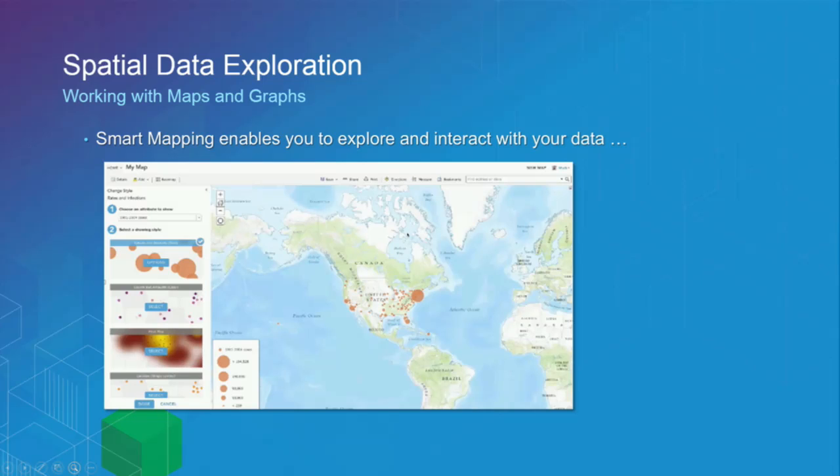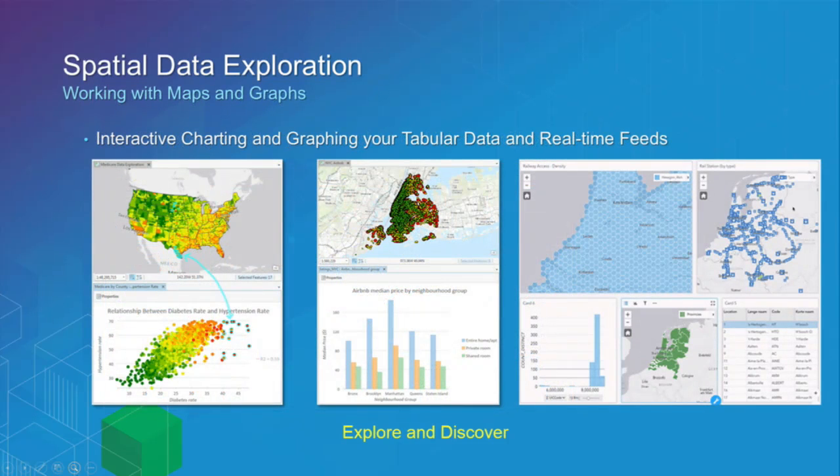We want to explore the data, explore the distribution of information. That's where smart mapping plays a key role, this idea of becoming a data scientist and being intensely curious about the problems you're trying to address and the insights you're trying to gain. So that idea that smart mapping enables you to explore and interact with your data is really a very key point. And maps are very interesting because they provide